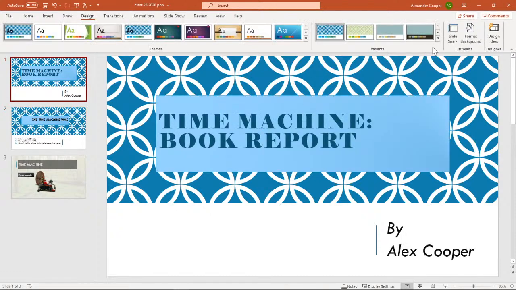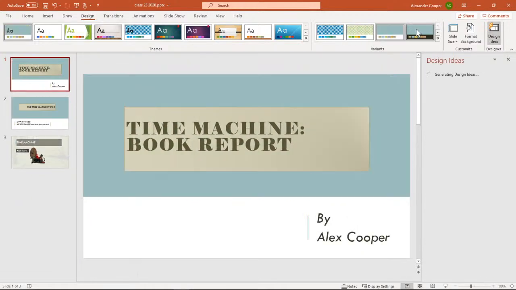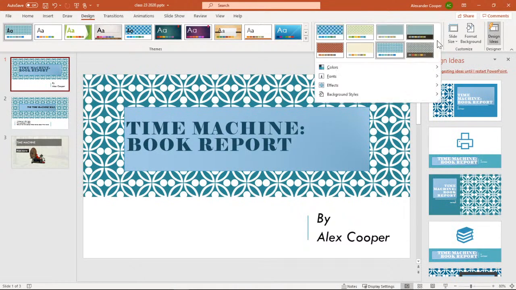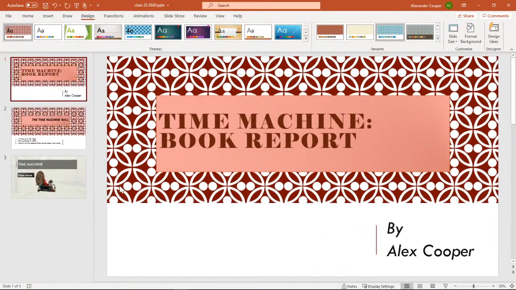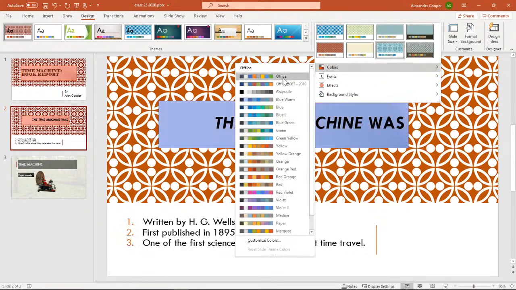Okay, so let's go ahead. We looked at all these different designs, realized some of the designs, and again, even this one that we had our different variants of patterns, okay? It's kind of interesting. When I click the drop down here, I can actually choose a different color. Ooh, it looks kind of interesting. Well, it's kind of pink now. I want it to be more red. Red. You know, I can mess around with that and get it to change.